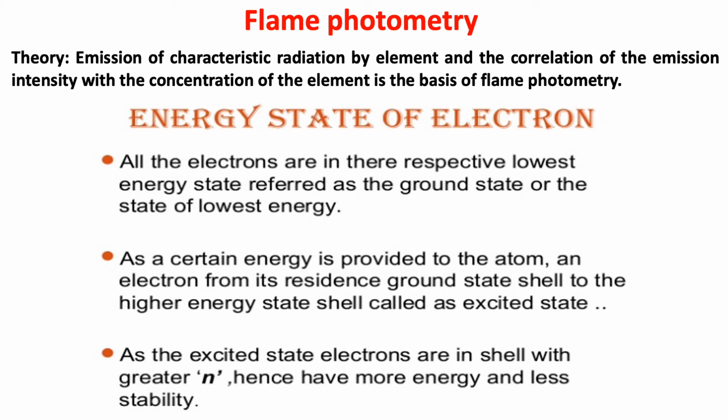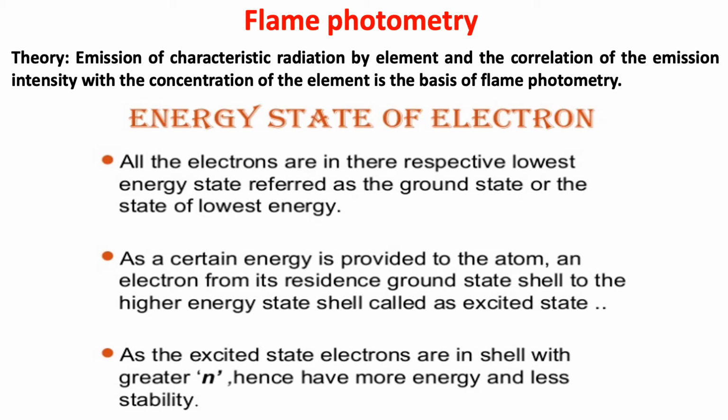That emitted energy is what we measure in flame photometry, and we correlate it to the concentration of these elements or atoms present in the solution. In our solution we can't take elements or atoms; instead we take ions of that particular element, and they undergo reduction to the element. The electrons of that element undergo transitions from the lower energy shell to the higher energy shell, and when they go back once again to their lower energy parent shell, they liberate light.